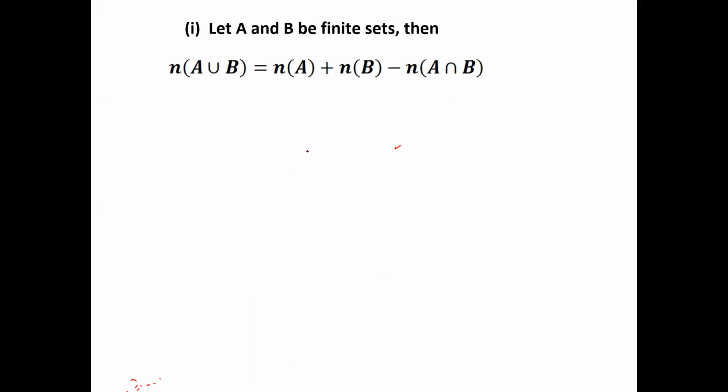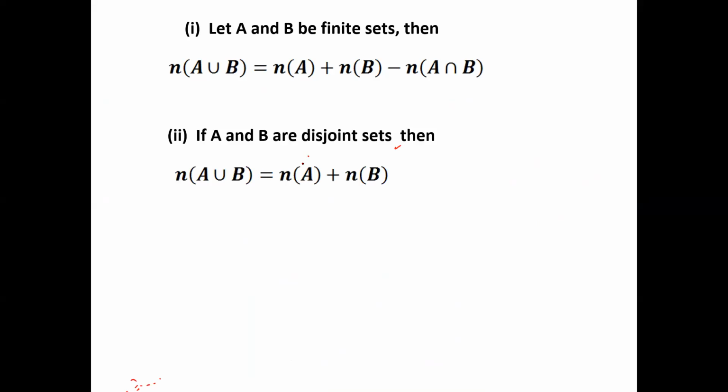This is a very important formula. This is what is going to be used. A lot of problems are going to come based on this. N of A union B is equal to N of A plus N of B minus N of A intersection B. If A, B, C are finite sets,